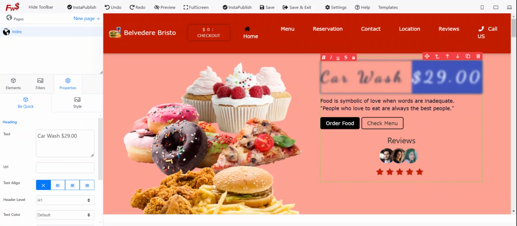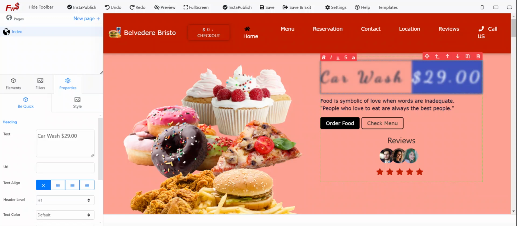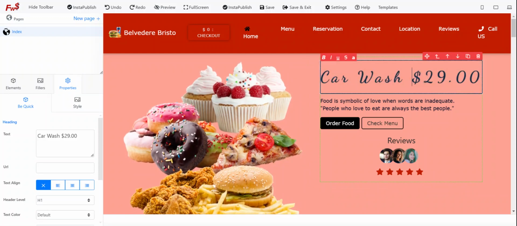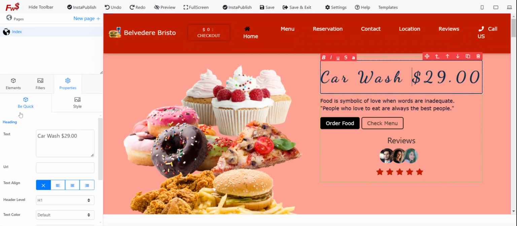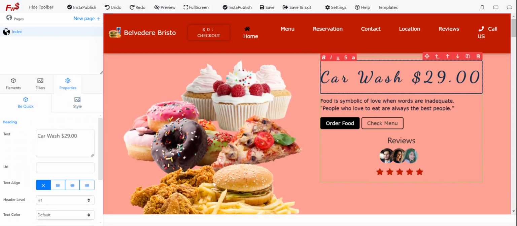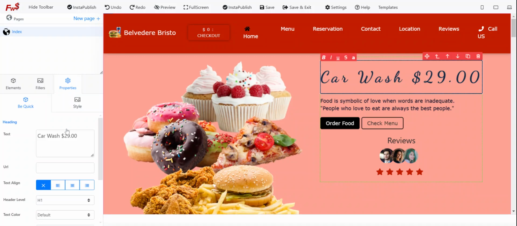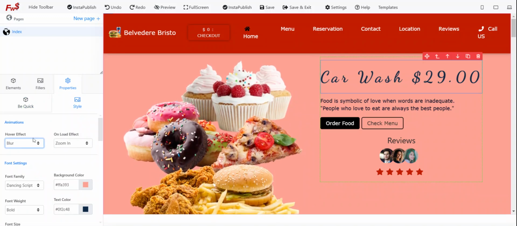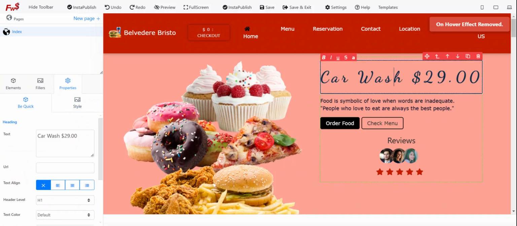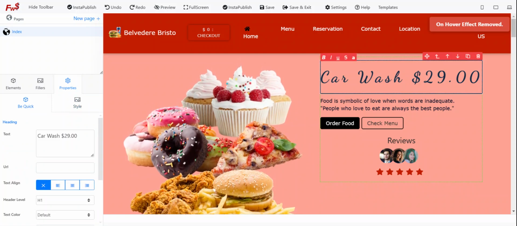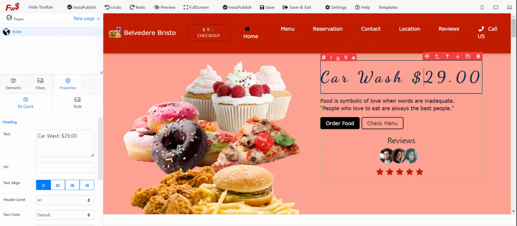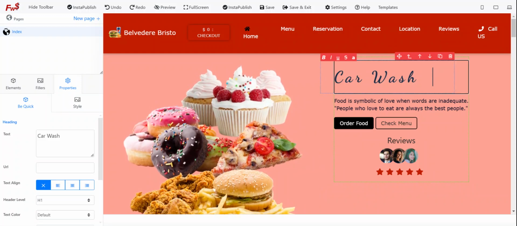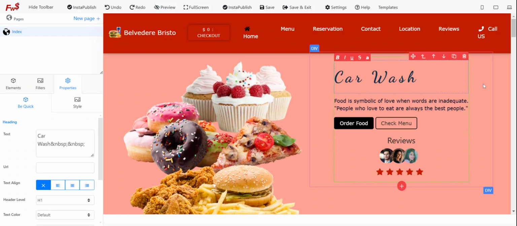So you'll have to probably make this into two different segments. I'll show you how to do it. Let's go ahead and remove the styling. I'm showing you a practical example. Let's remove the blur because that's not helpful right now. So let's say you wanted to do something like this. You say car wash, right? And then now you're going to learn